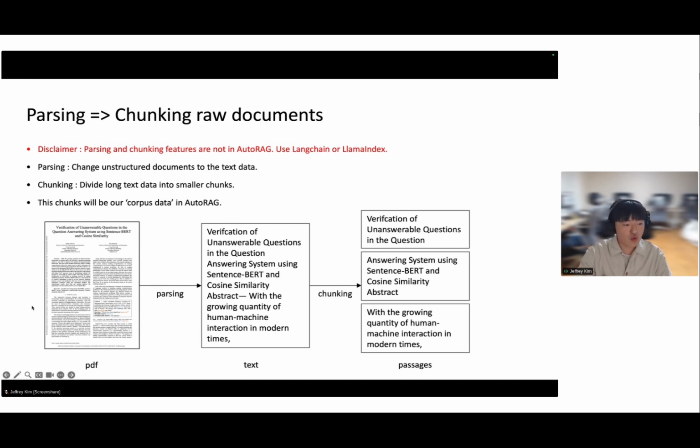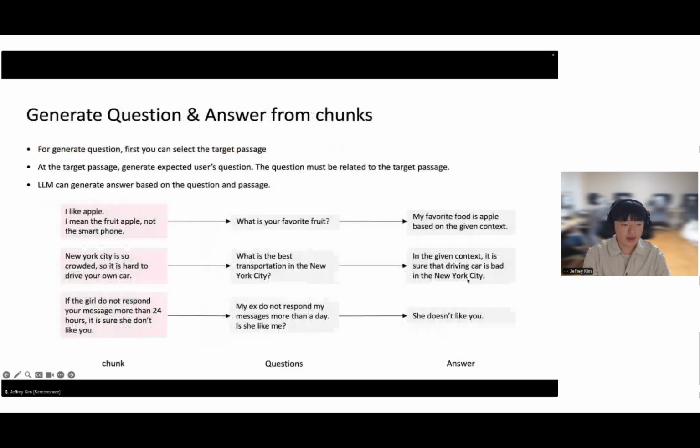So there are raw documents like this PDF, and you use many parsers to parse these into unstructured text data, and use a chunking method. You can get several passages like this. So these passages will be the corpus data in AutoRAG. And next,